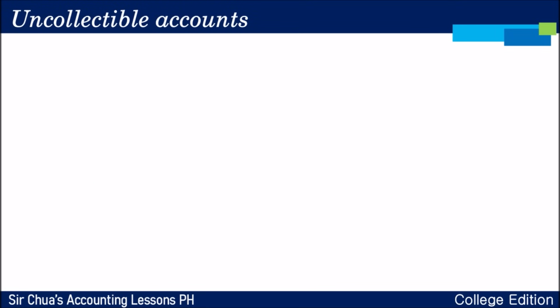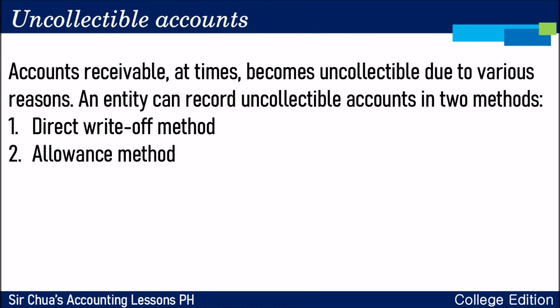Okay, let's talk about yung mga bagay na hindi na bumabalik. Uncollectible accounts. Okay. Accounts receivable at times becomes uncollectible due to various reasons. Sometimes, nababankrupt yung company. Ang lala no? Bankrupt agad. So, hindi ka na mababayaran. But actually, that's one of the reasons. Okay? Or,